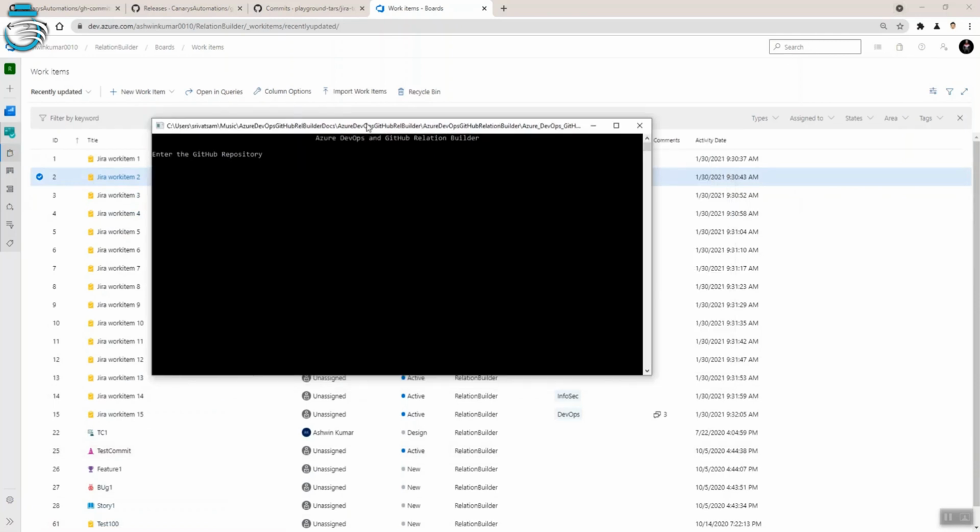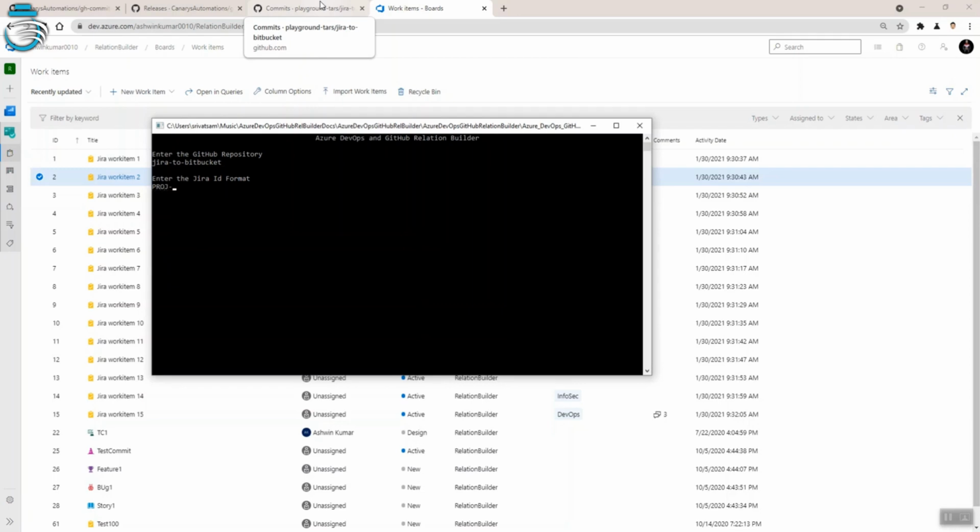When you run this exe, it will ask you for the GitHub repository. In my case, the GitHub repository name is Jira to Bitbucket. The next thing is it will ask for the Jira ID. If you use a different format for creating Jira issue types, the same format has to go in.